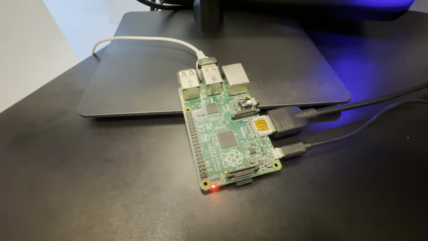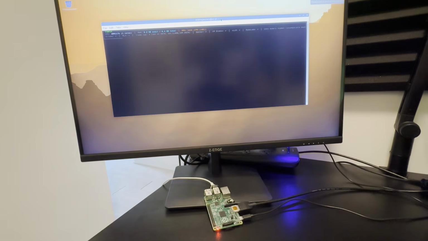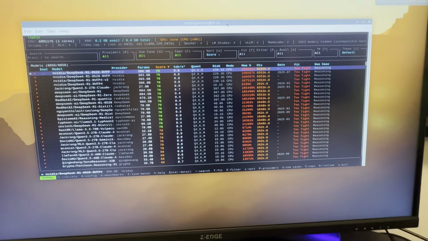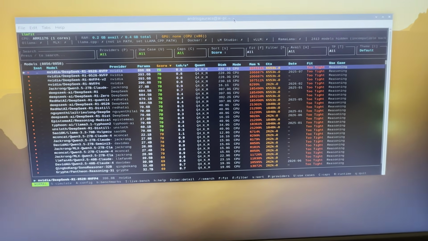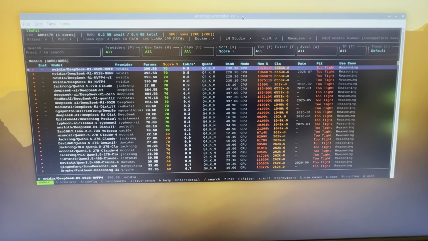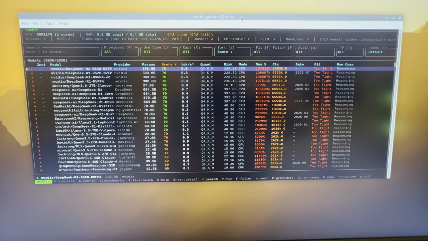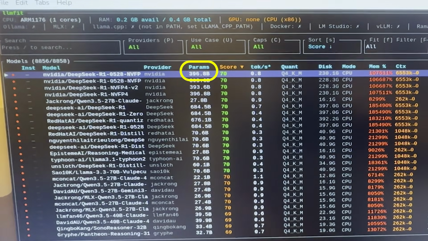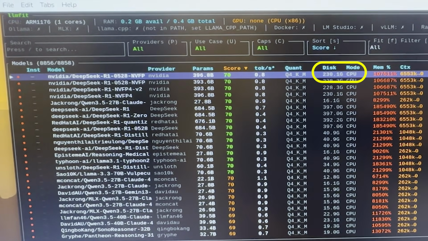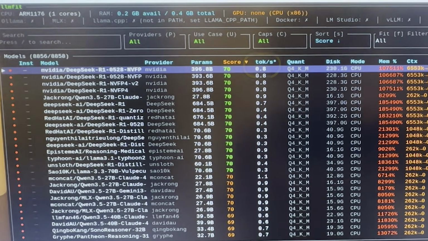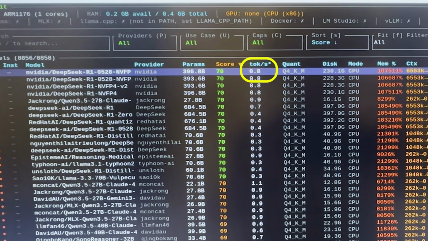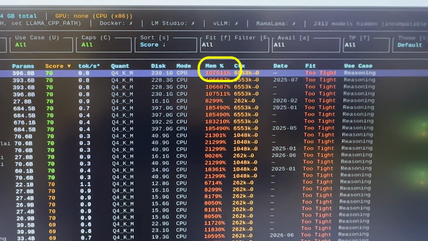So a couple of things actually happened here. First, it did run, but it was so painfully slow. This board just doesn't have the horsepower to run a Rust 2E comfortably. But anyway, let's look at the recommendations, and they are genuinely hilarious. First of all, it recommends DeepSeek R1 as the best choice with almost 400 billion parameters. And that would take 230 gigabytes of disk space, but at least it's being honest when calculating tokens per second, putting it at only 0.8, and the memory percentage needed for this thing is